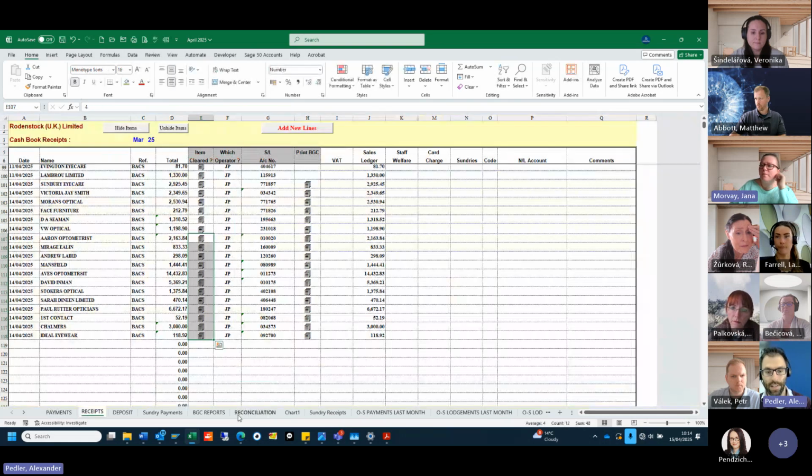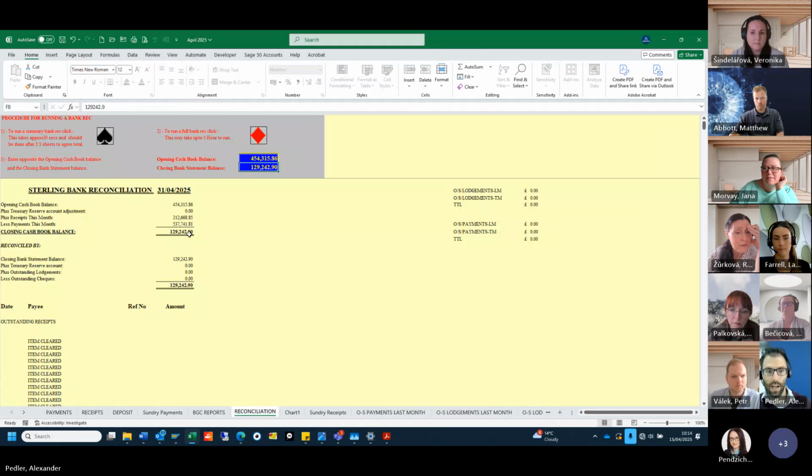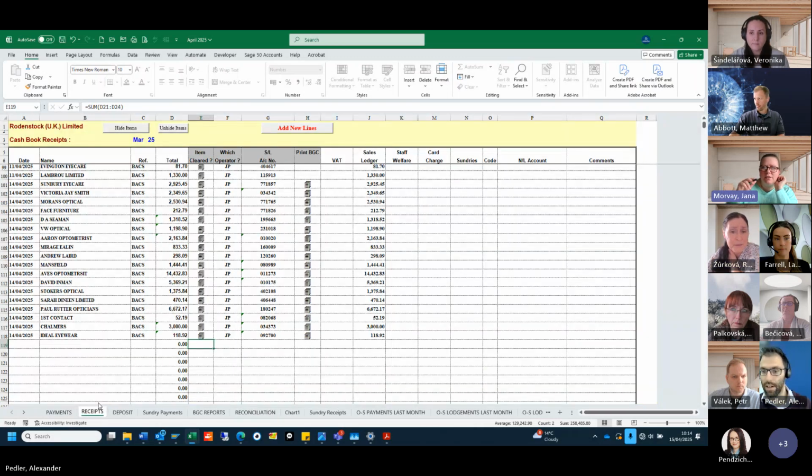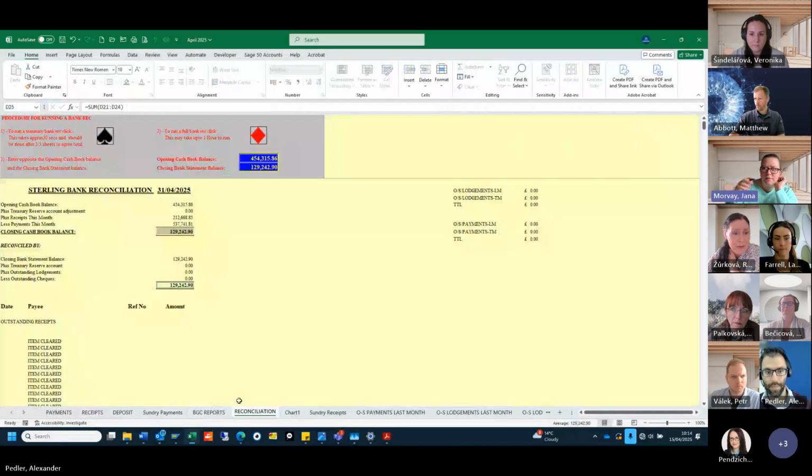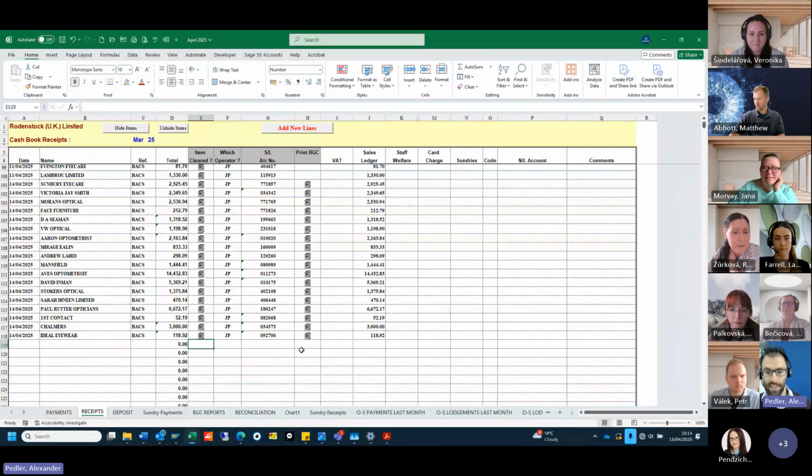So if I, for instance, sorry to stop you. Where does it show it's correct? So this will match this here, which is your closing balance that we had to enter manually from the bank statement. This needs to match with these two. If I press that spade and there is an error, it will flash or something, or you would see a difference. So if I did, for instance, £1,000,